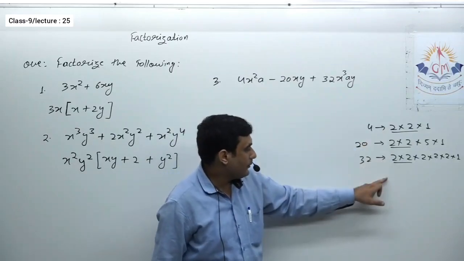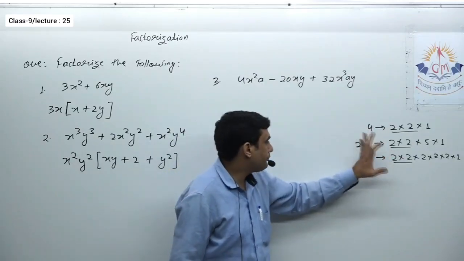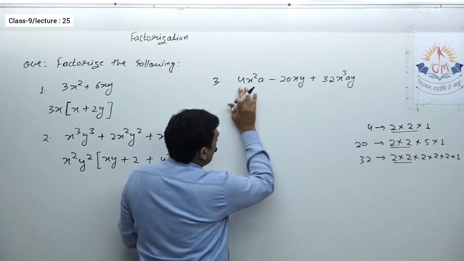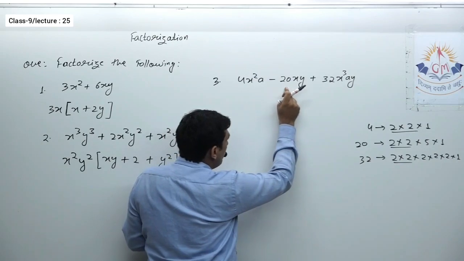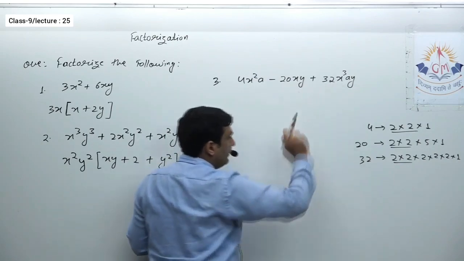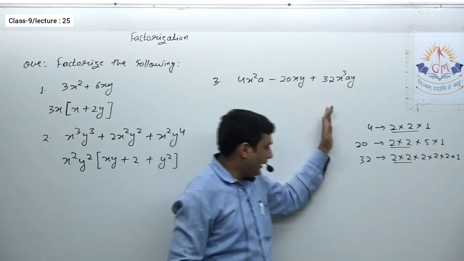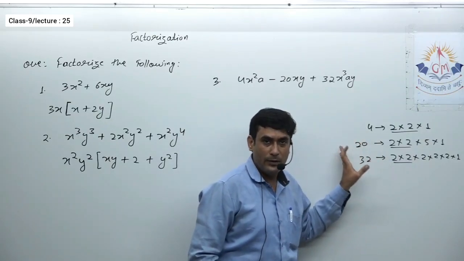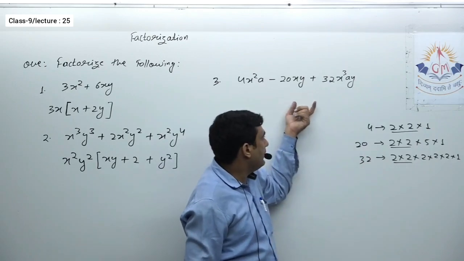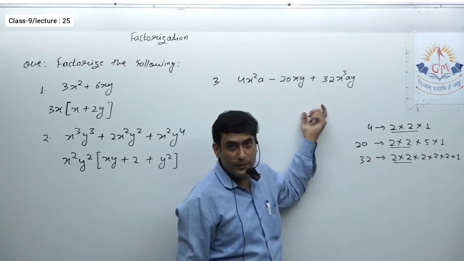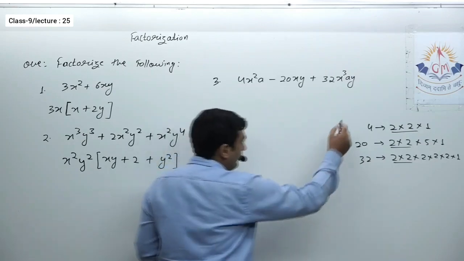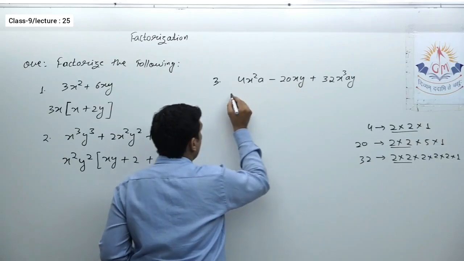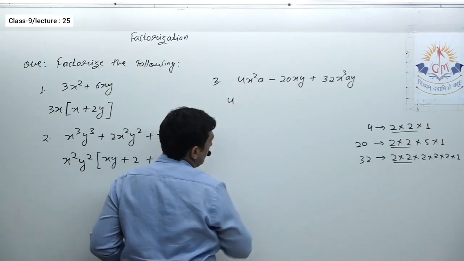Okay, however this type of thing should not be required over here, because we can directly see this is 4, this is 4 into 5, this is 4 into 8. Okay, so I won't suggest you go with this method, because it is a little bit time consuming. You should be able to understand what is common directly by seeing the number. Okay, but still if you are not getting it directly, then you have to follow this method. So from these three, if I talk about numeric, 4 is common.